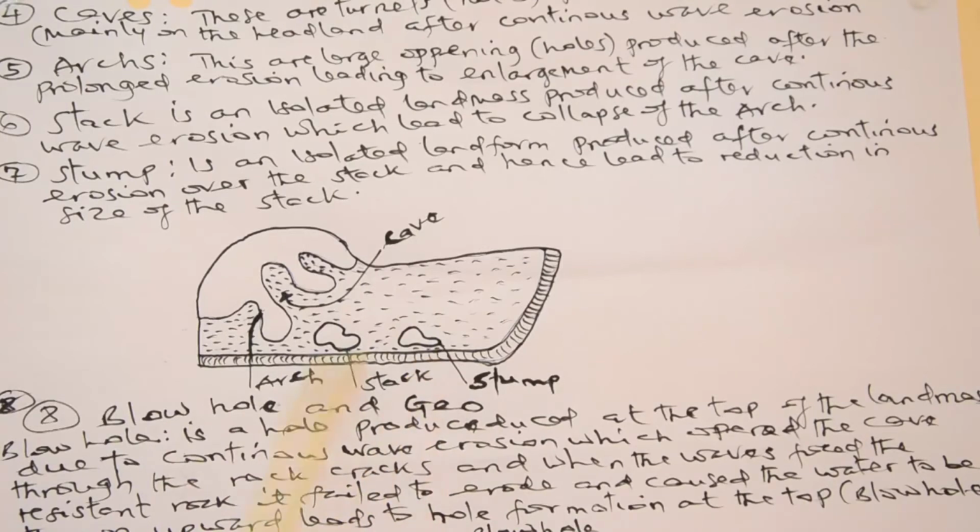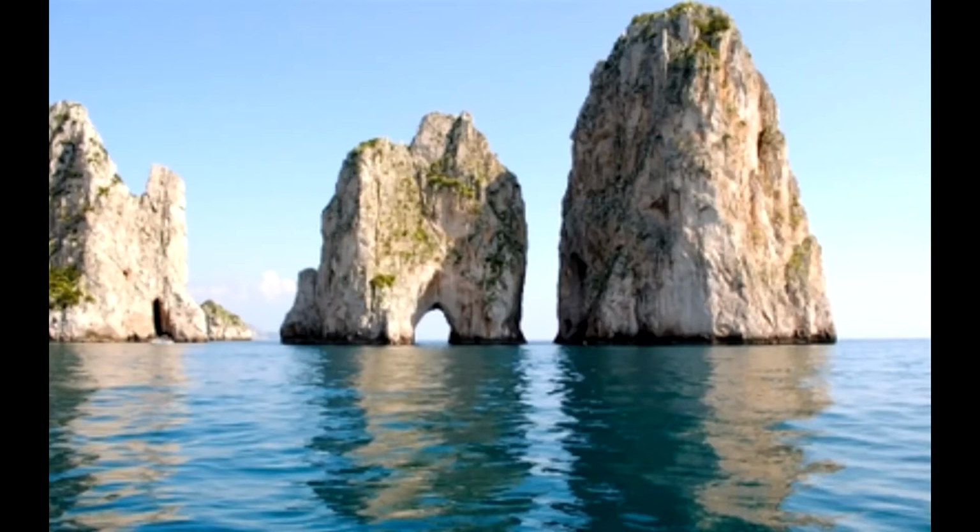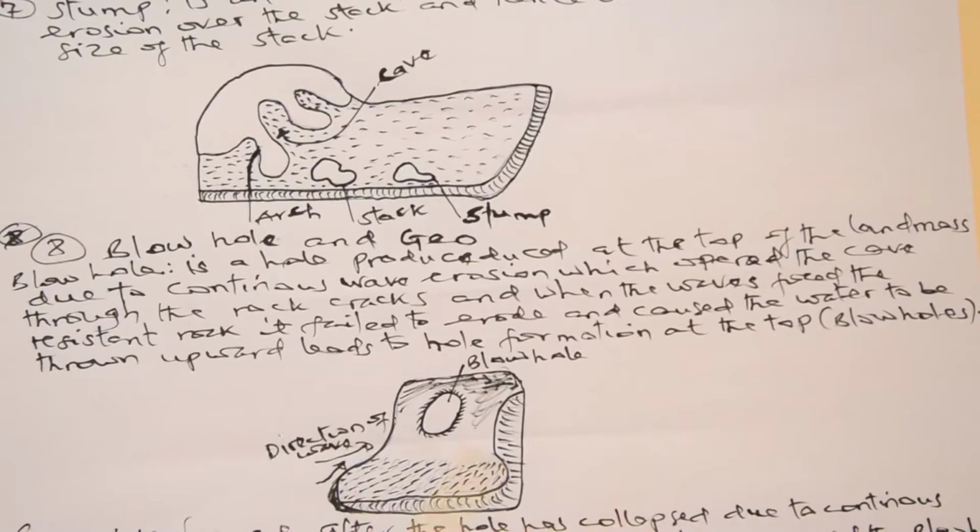Therefore, this stump, stack and arc are like each other, but wherever the feature is separated or remains far away from the previous one, its name changes from arc to stack to stump. Those who are engaged in fishing activities can understand what I am talking about.